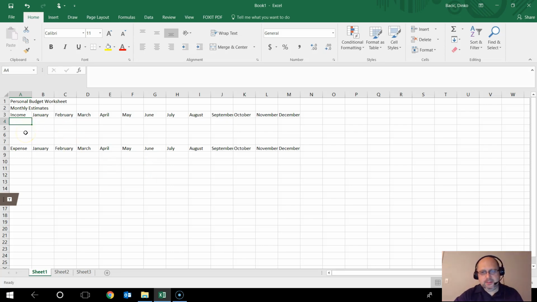So let's just put in here the categories. Within income category, we have wages, and let's assume we receive some dividend income, so dividend, and we also want to put in a line for total amount. Then we want to create